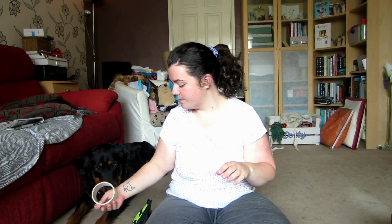At a later stage I'm also going to teach him how to tell me a secret, which is where you put your hand like this and the dog targets your ear. So I did start this earlier because I tried to film this video and then my camera died. So Rory has already started this trick, but it shouldn't take as long to do. It's a fairly simple trick if your dog already knows how to target, which Rory does